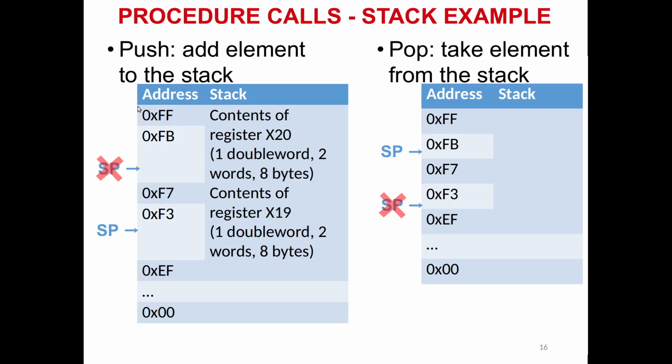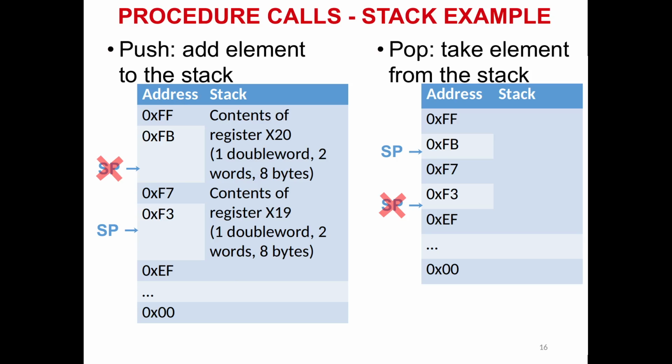The stack will count from the upper address down to the lower address, while your program will start from the lower address and count up to the higher address. Your program and your data will start from the lower address and count up to the higher address, while the stack counts down. It prevents the stack from colliding with your data.